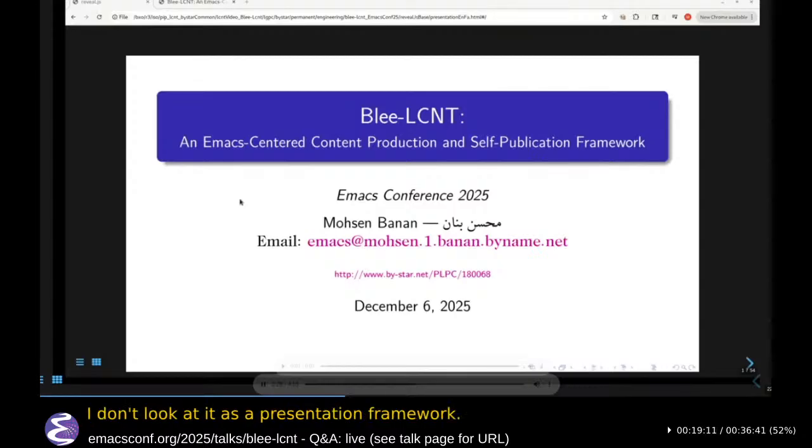I don't look at it as a presentation framework. As you are seeing, we use Beamer to feed into it, and we use it to dispense the information. It has all the typical navigation